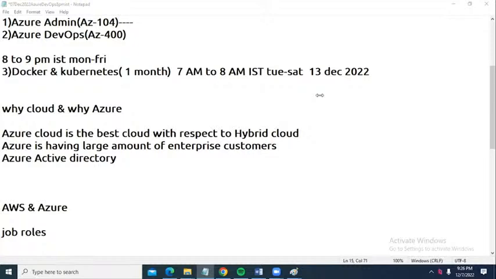You need not learn it separately. Before I start ARM templates, I will explain how to write JSON. Then only I will start ARM templates. First subscription. After that ARM templates and AD. What do you call AD? Active Directory. Yes.